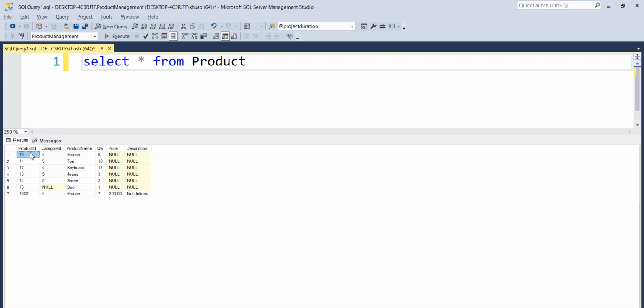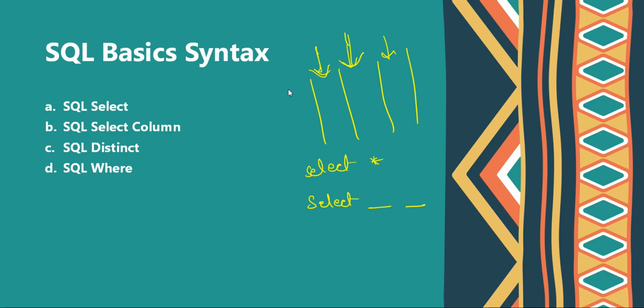So this has product ID 10, category of 4, product name mouse, quantity is currently 5. So what if I am only interested in this mouse, not all the others data? So by using this where clause, we can filter the rows.